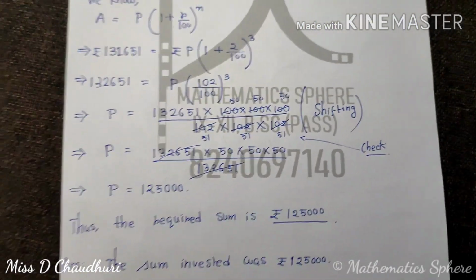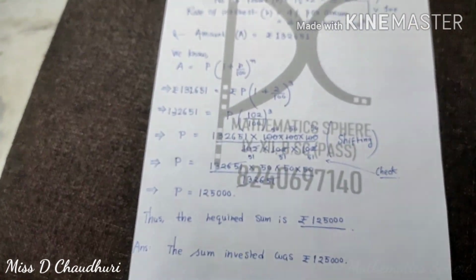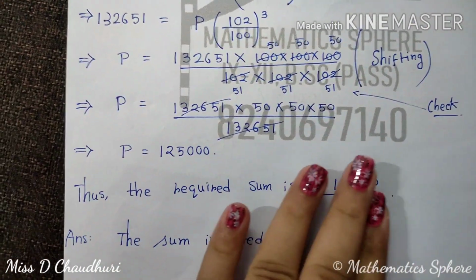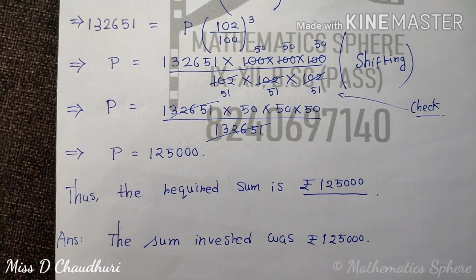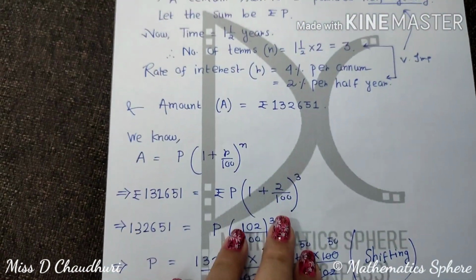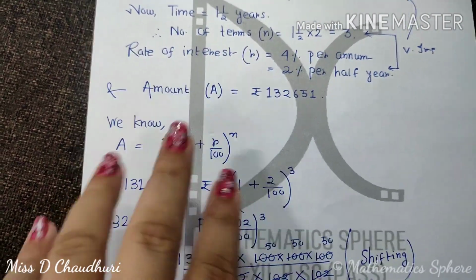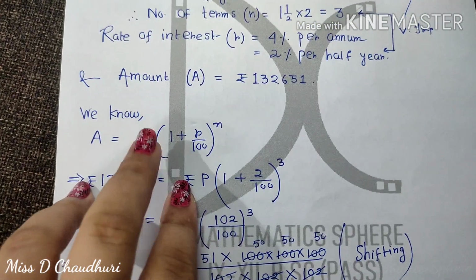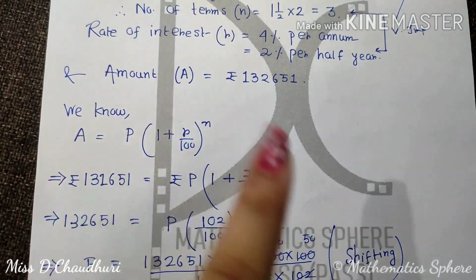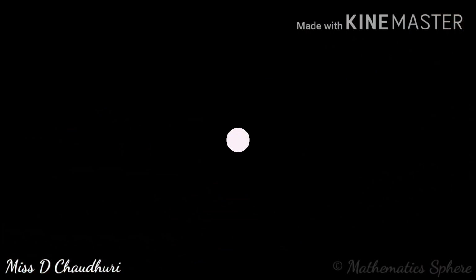So here you have learned 3 types of sums actually. First one is the direct one. Next one is that of the successive rate, and now in this sum you learned how to find P when the amount is given. This one is very easy. When the amount is given, finding P is not difficult. Sometimes finding P becomes difficult if the CI is given, but here CI is not given. Amount, you just put everything in the formula.